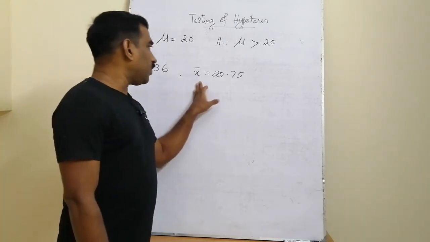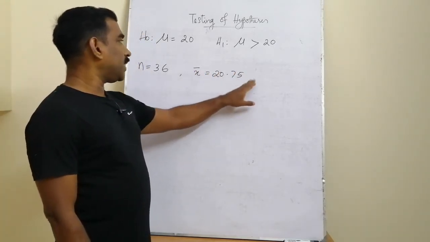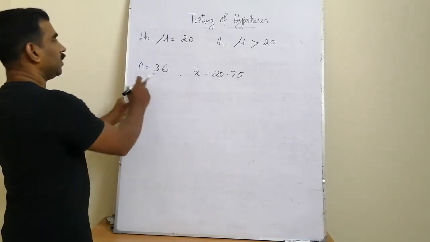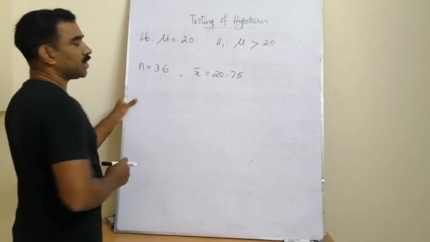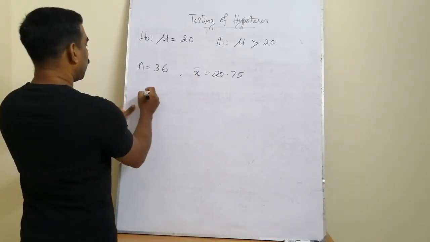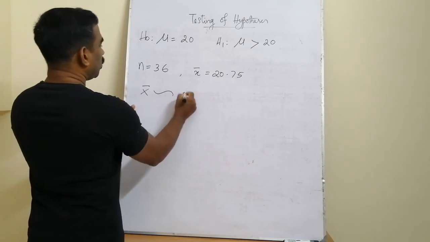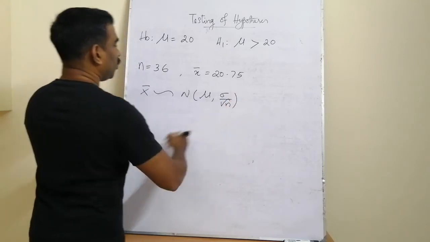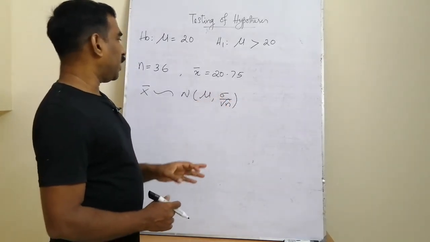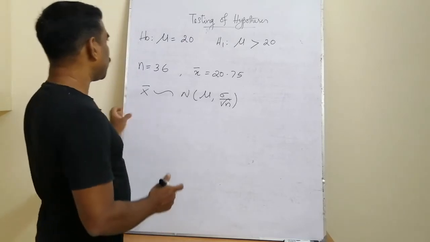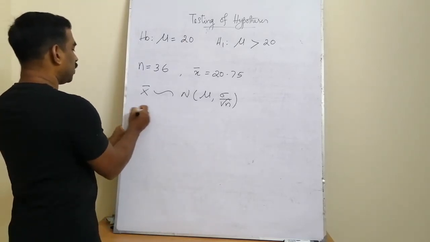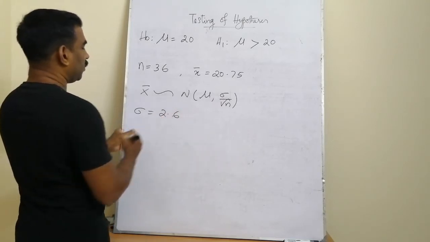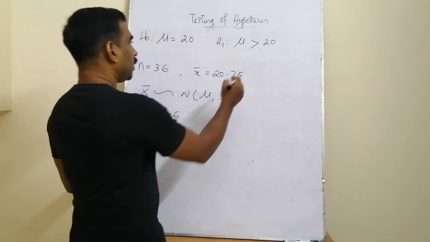So in our decision, we are investigating what is the probability or what is the chance of occurrence of error in our decision. For that, we are discussing the distribution given by this statistic sample mean, and we know that this sample mean x bar follows normal distribution with the parameters mu and sigma by root n, where mu is the population mean and sigma is the population standard deviation. Suppose this population standard deviation is also available. Suppose this sigma, from the past experience, is given as 2.6.